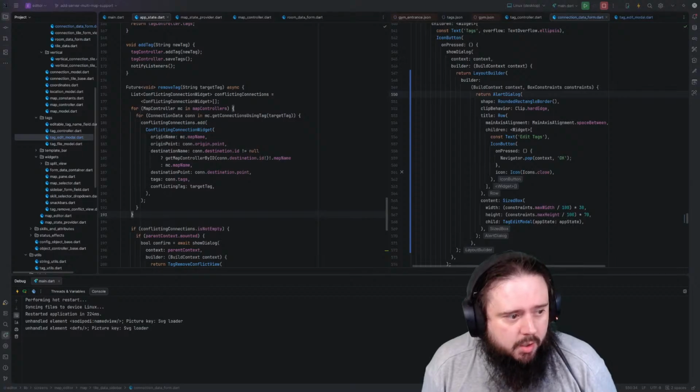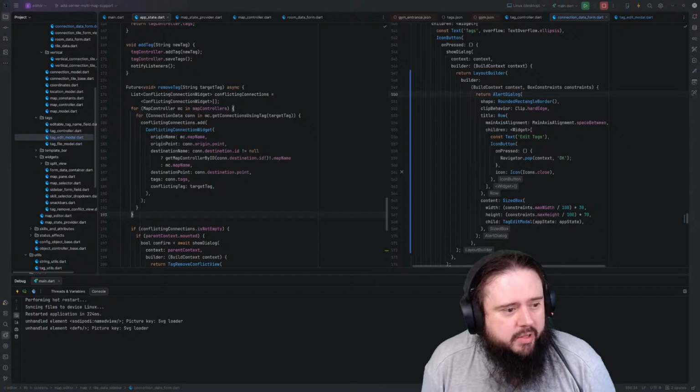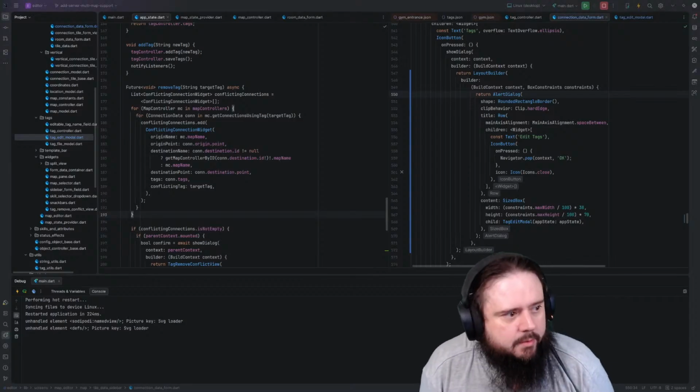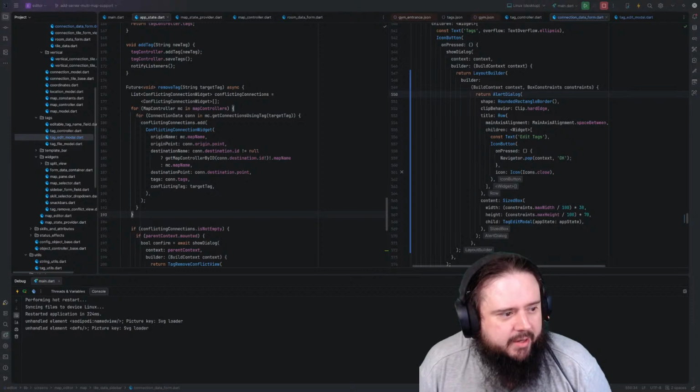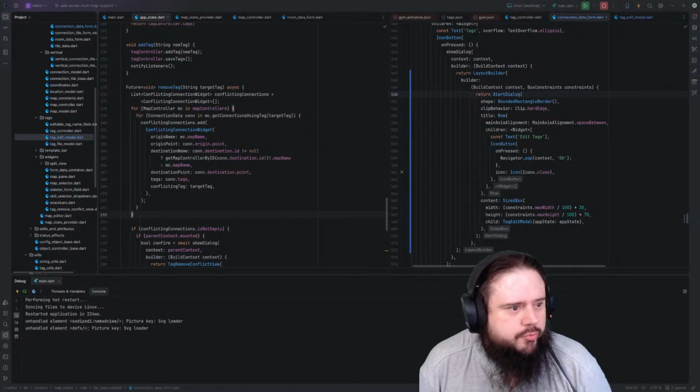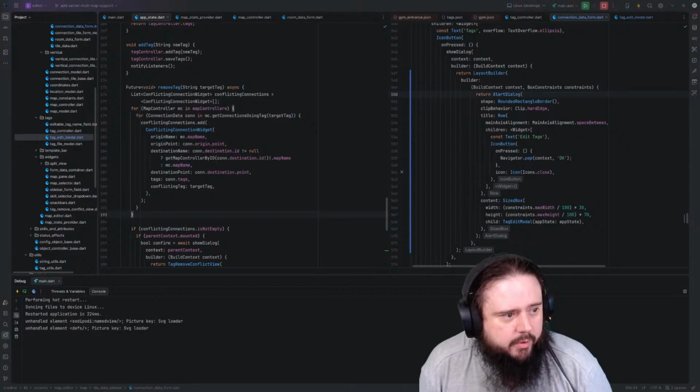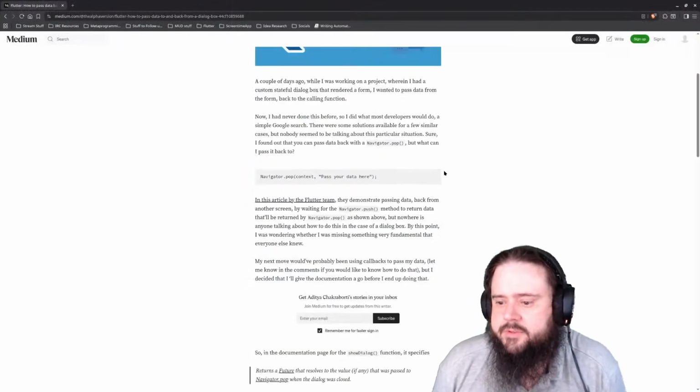Return alert dialog. Negative of context pop. Like, where is the await? Now this puts it into an async function. You're not supposed to do that. Data back from a dialog box. Await show dialogue. Yes, except for, hang on. Where did you? Okay. So again,